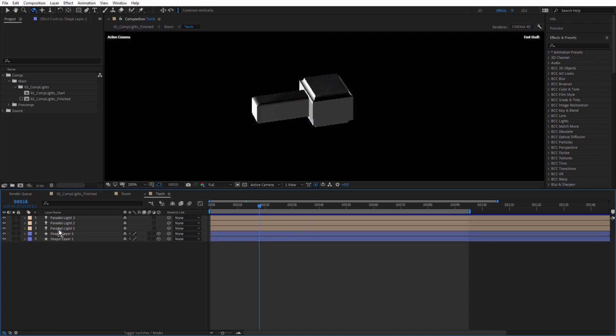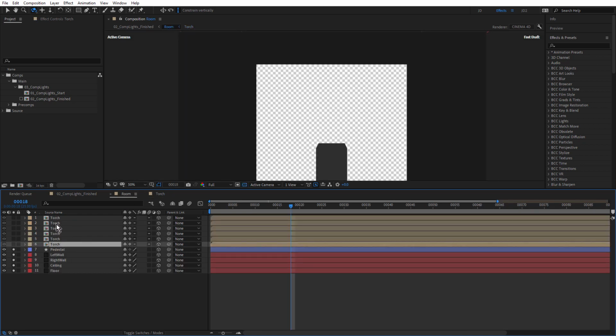I can leave them switched on or turn them off, it doesn't matter. So that's 2 separate layers. Rather than duplicating that in here 5 times and having 10 more layers in there, it was better to pre-compose that. Then in this composition, check collapse transformations. You can see if I click on there, it says collapse transformations just above. So that's bringing all the 3D information from the torch composition into this composition.